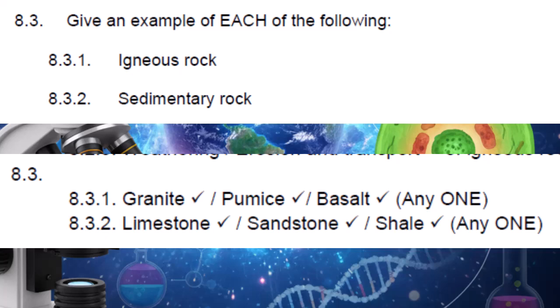Granite, basalt, pumice. Now, sedimentary rock formed from layers of compressed sediment. Like sandstone, made from sand grains cemented together. Sandstone is a great one. Or limestone, often formed from shells and skeletons. Or shale, made from compressed mud or clay. Any of those work. All right, let's move on to Q9, which deals with mining and specifically extracting iron in